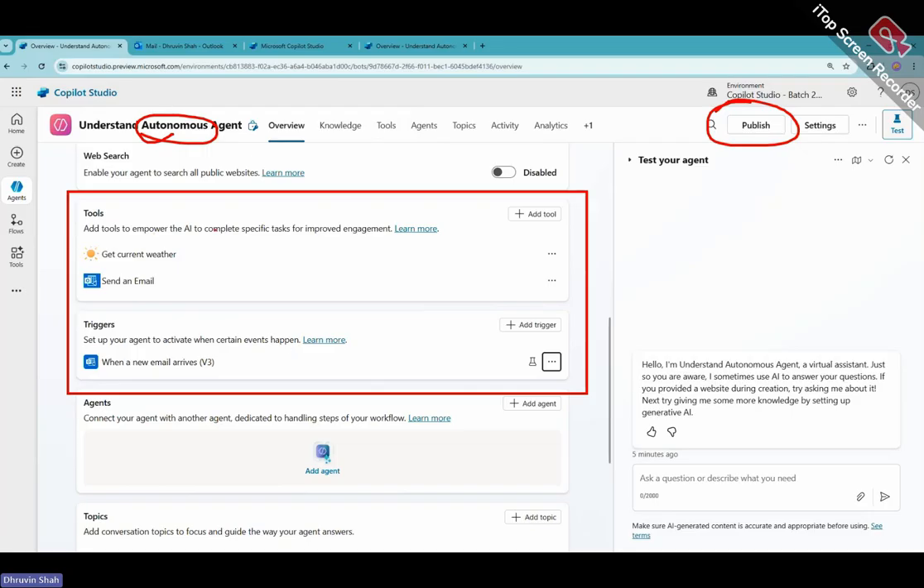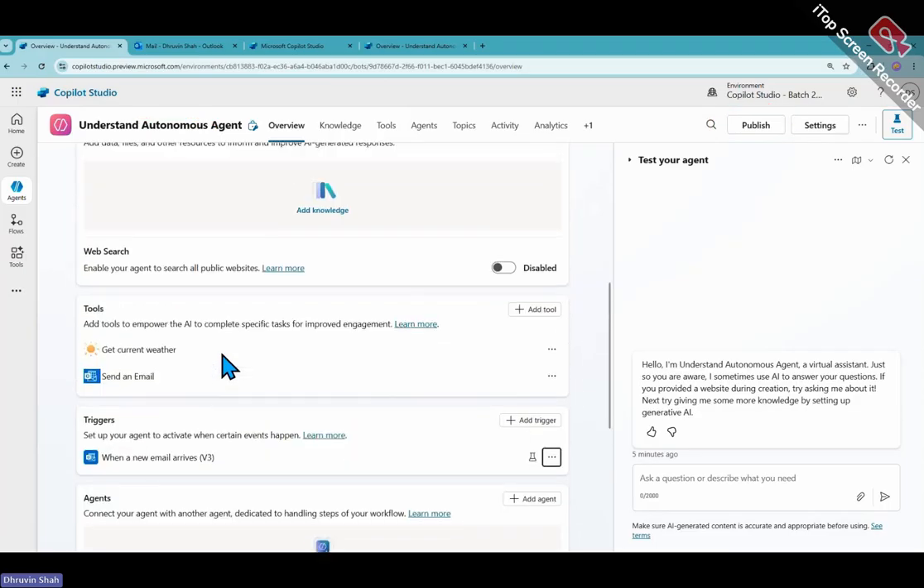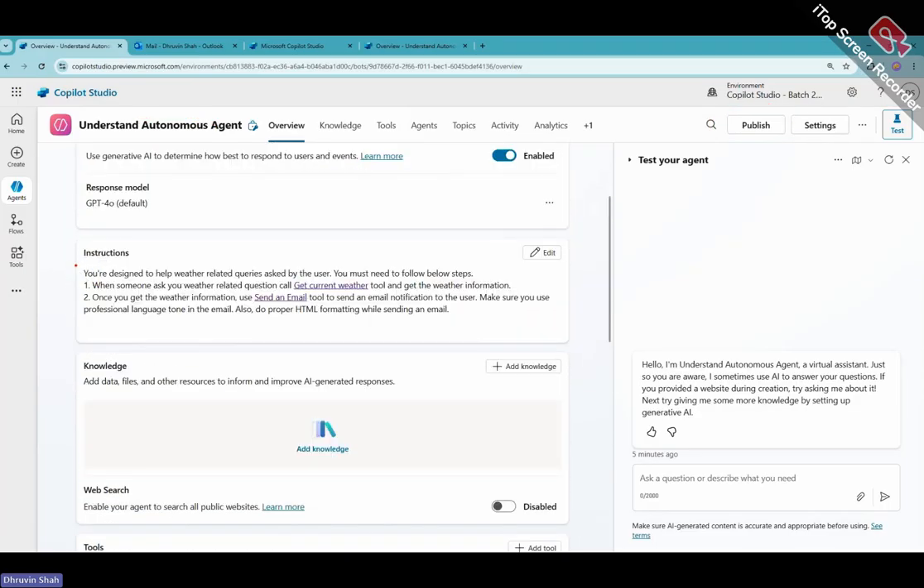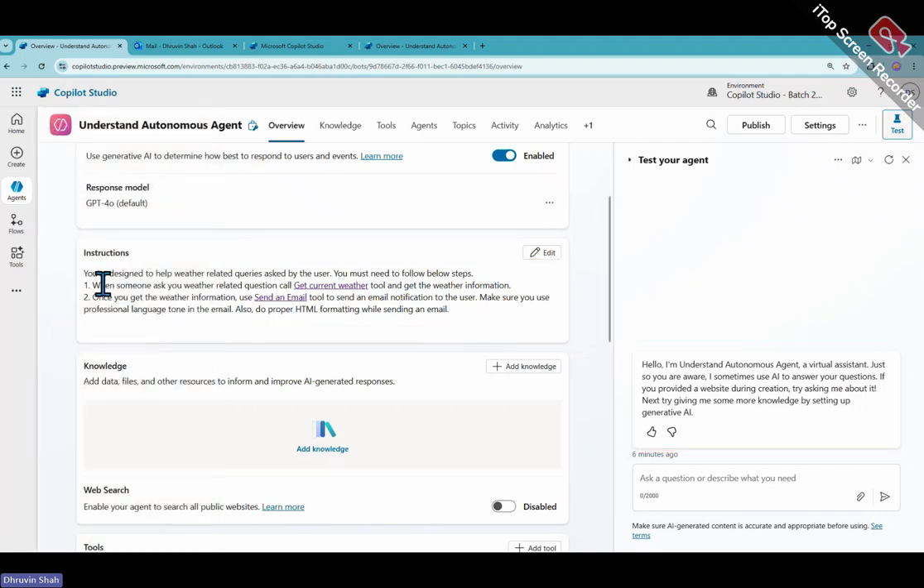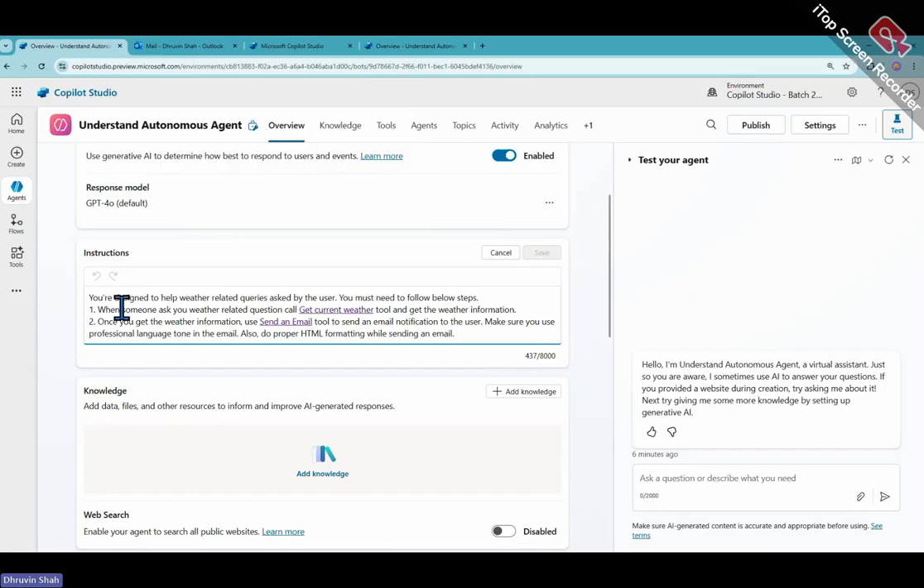Okay, now you need to do a little bit of prompt changing as well over here, because the prompt that you have written right now, you wrote based on the time you just wanted to test with the chat interface, right? Now as the trigger comes into the picture, you need to change the instruction a little bit. Right now you just ask that when someone asks you a weather related question, call, right? So maybe now, that is not the only thing. When you receive any kind of email, at that time also you need to understand that, right? So I'm just editing my instruction a little bit. Okay, I'm changing my content a little bit over here, that when someone sends you